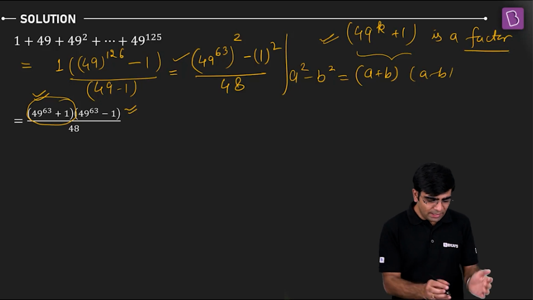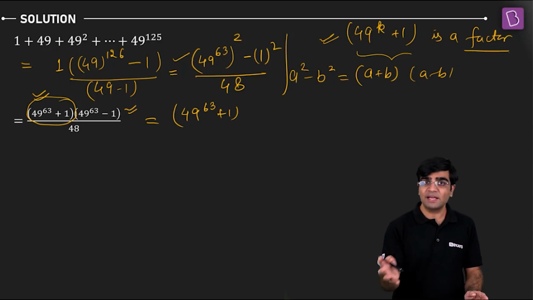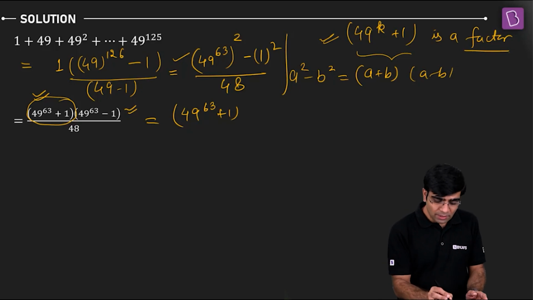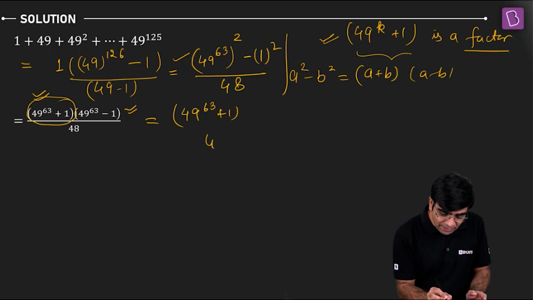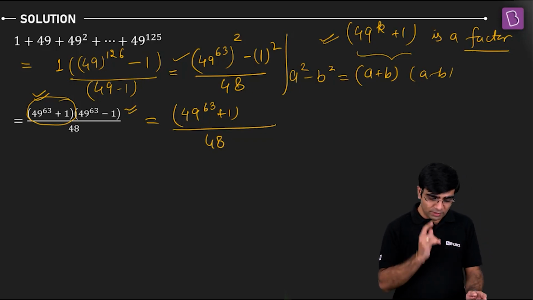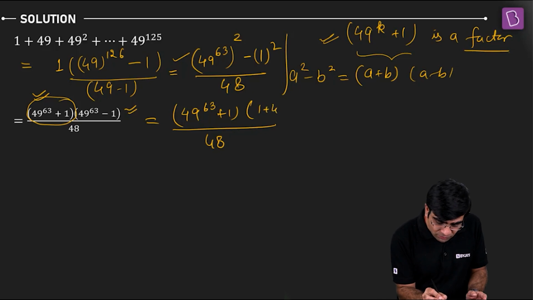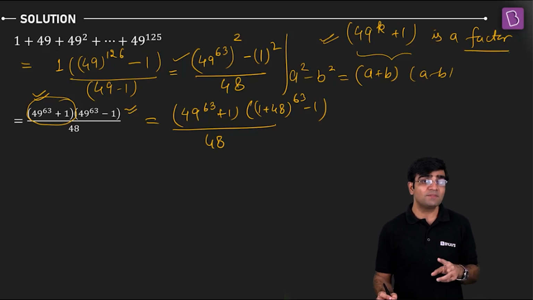So can I write something of that sort? I know that the first bracket is not supposed to be touched, because the plus 1 thing that I have to create, because of that only I've done this modification. In the denominator, we have 48. Pretty good to go. Then the other term has to be modified. Now 49^63, I intentionally want to write as (1 + 48)^63 - 1. Why? Because I know that 48 is in the denominator and I have to get rid of it.